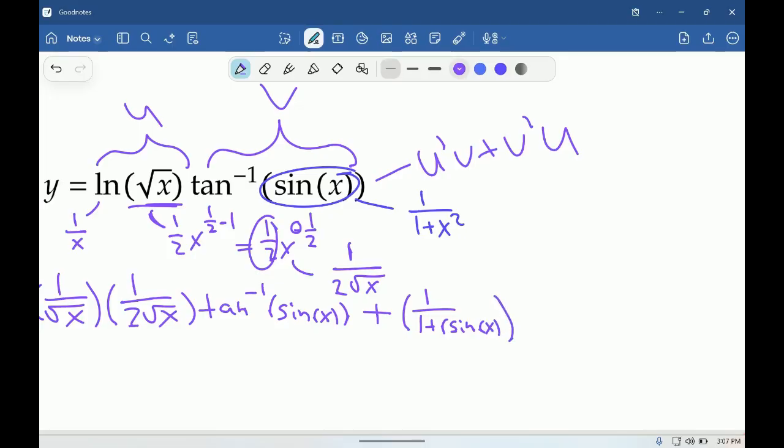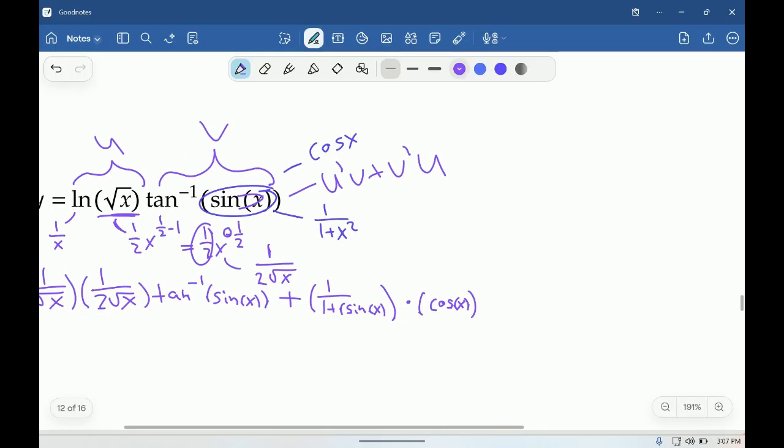But we also have to remember we want to find the derivative for sine x, which would just be cosine x. We would add that over here. And we're also going to add our ln per the product rule. ln